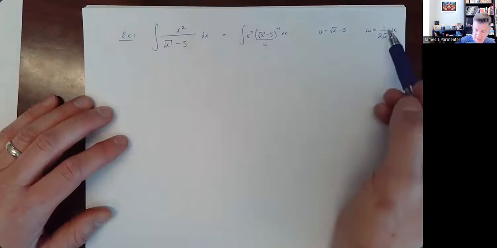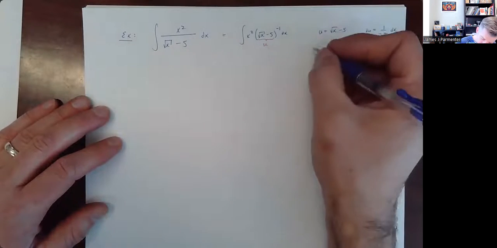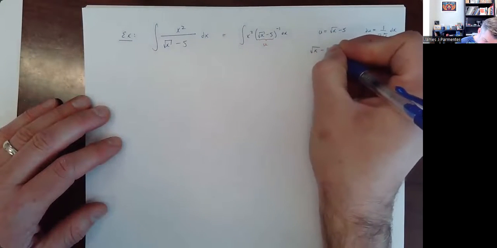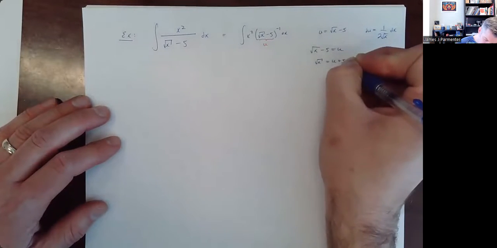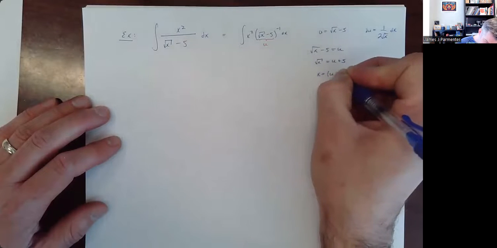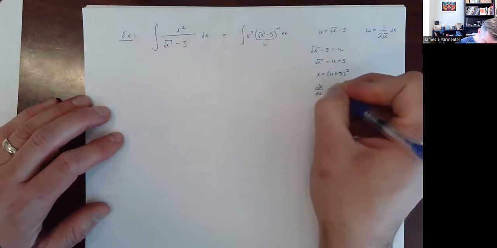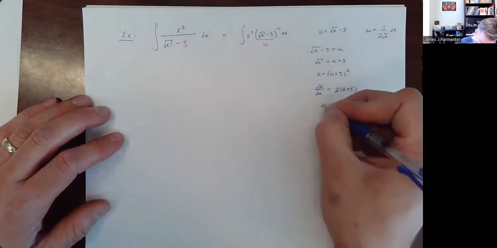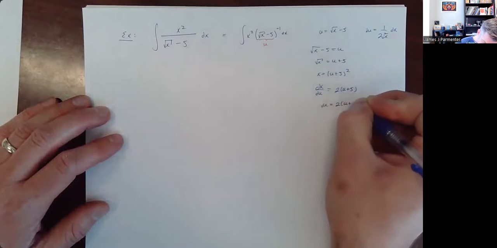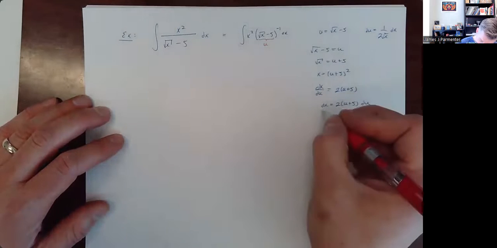So if I start finding du and it doesn't really show up, I kind of start going the other way and start solving for x. So here, if I have the square root of x minus 5 equal to u, the square root of x equals u plus 5, x equals (u plus 5) squared. Then dx/du equals 2 times (u plus 5) to the first, and then dx is equal to 2 times (u plus 5) du. And then I can just substitute that in